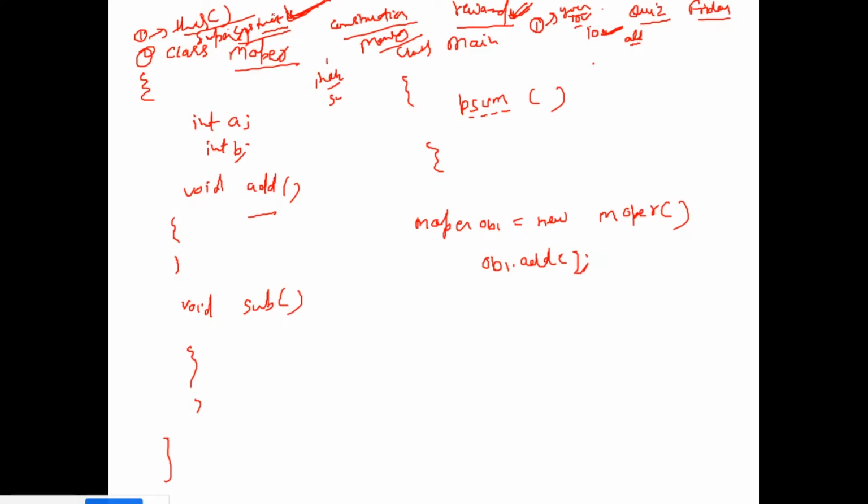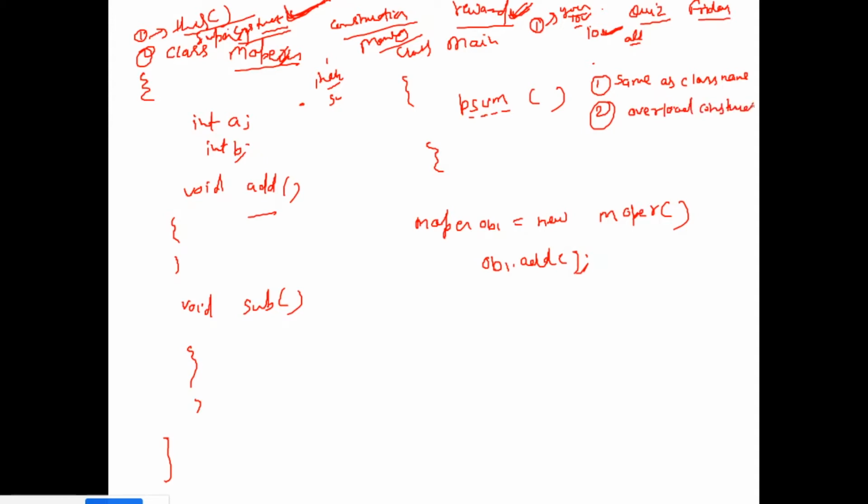Okay, so note down these points, they will help you. Constructor name is same as class name. We can overload constructors.